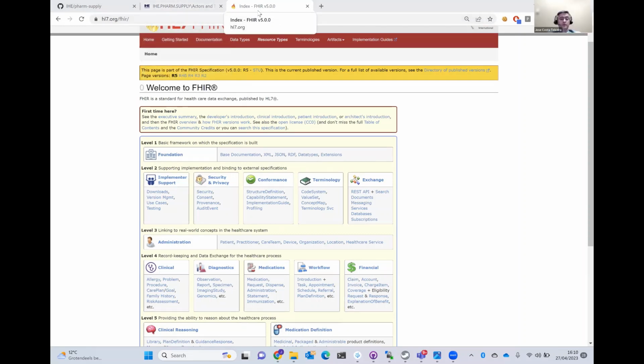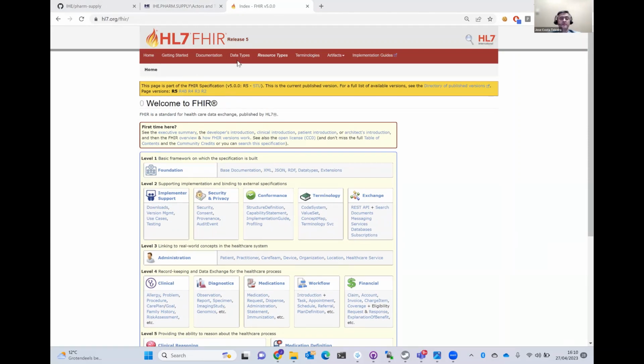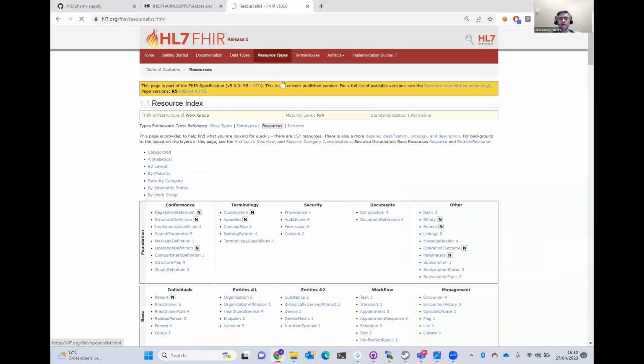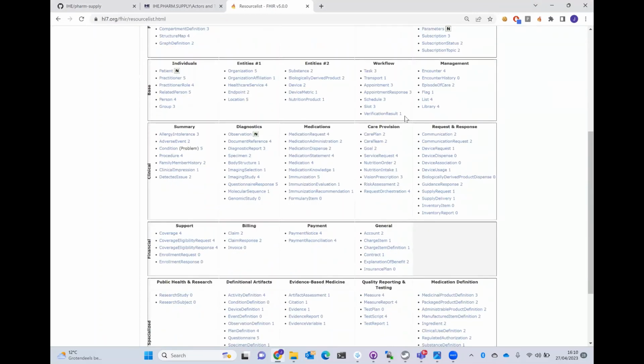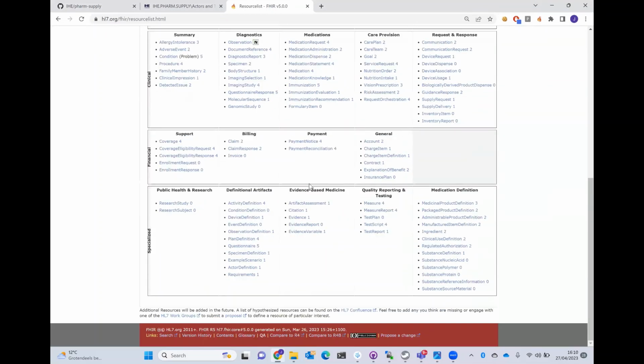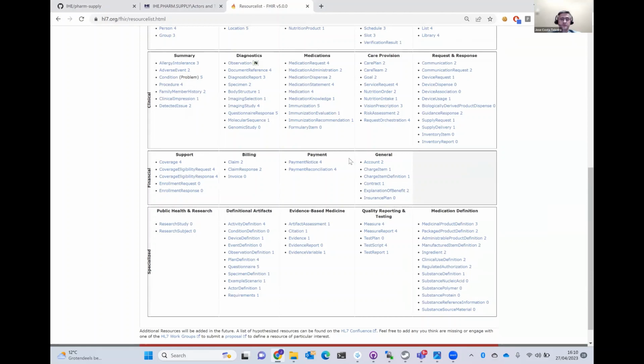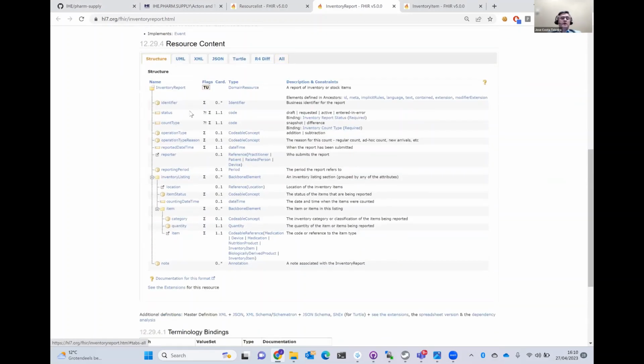Let me share what we can do there, and with the R5, which is why it's not there yet. It's not in the IHE stuff, but we can see it already in FHIR R5, and then you'll see if that answers the question. Does that work for you? Just a quick walk through that. Yep, that's perfect. So we have the two resources that are applied there: the inventory report and the inventory item. Inventory report is